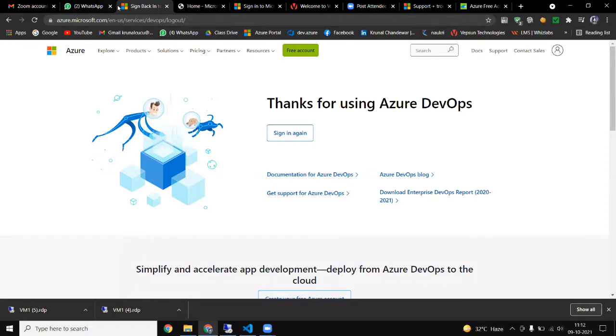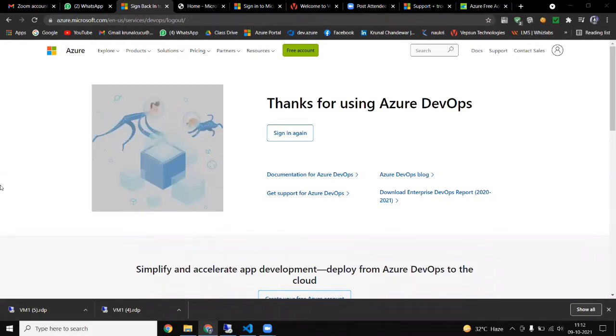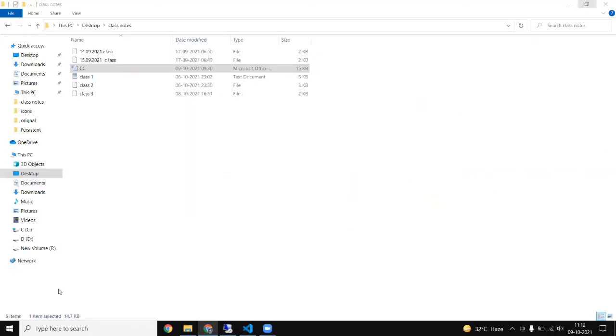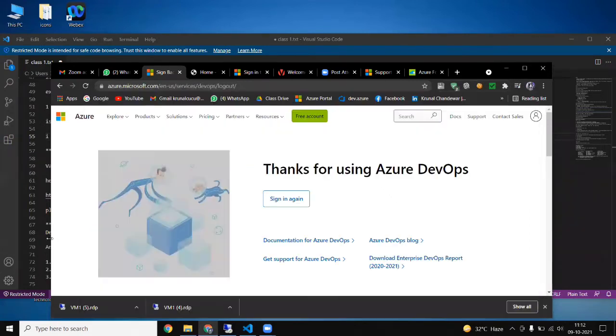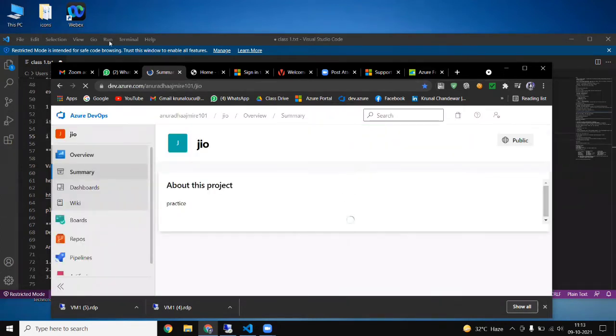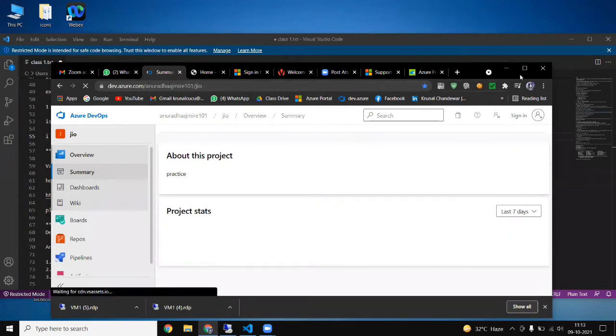This one is the dashboard. Because of the screen sharing, I can't see.